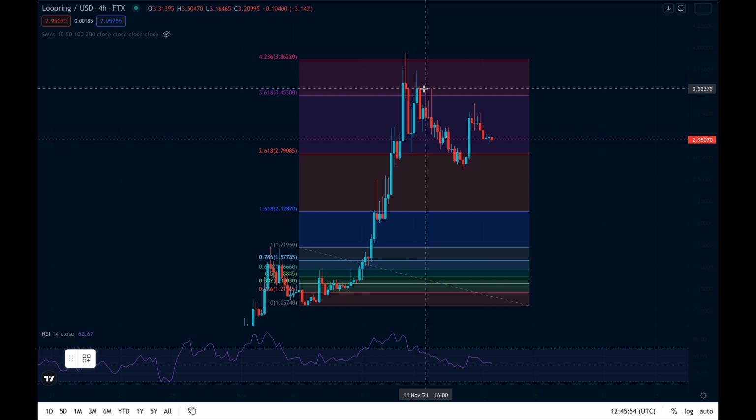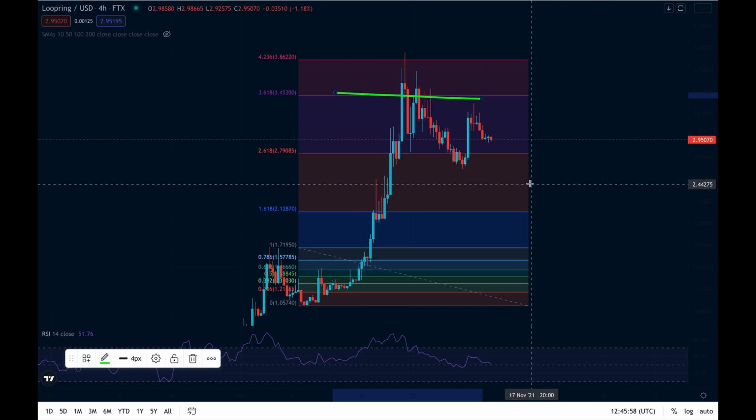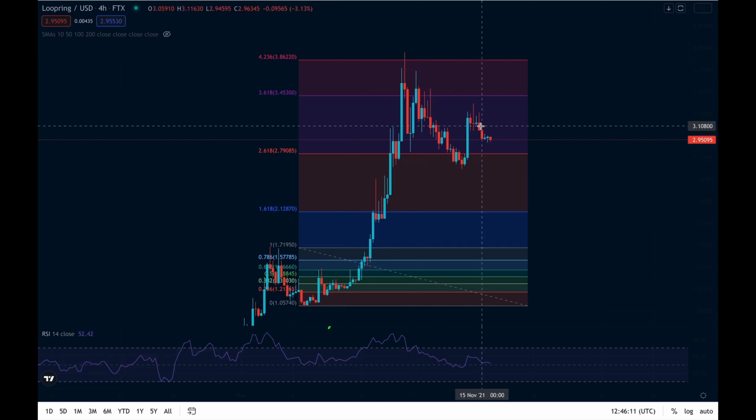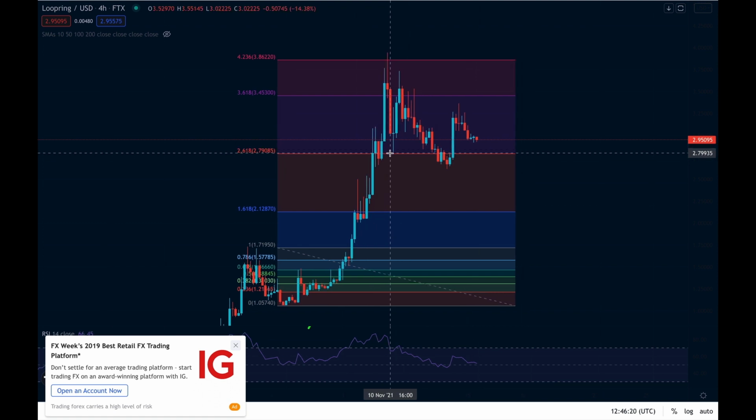I brought you a Loopring video at the end of last week when I said that if we could break the 3.618, we would come up to this level here at $3.8, and it was very unlikely that we would be able to continue pushing up there given that we had such an aggressive parabolic run very recently. I did say then that if we were rejected at these levels, we would have to look below at Fibonacci levels,